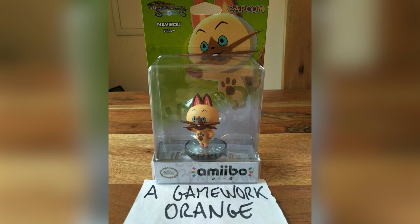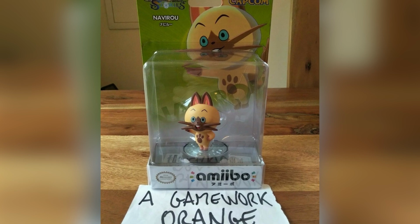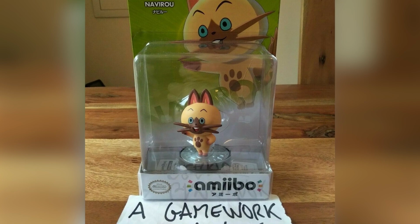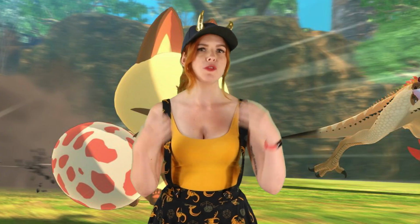Number 8. Nabiru. The good news about Nabiru is that there are a lot of them out there when it comes to their Amiibo. The bad news is, if you're looking for one that is in factory sealed packaging, they're a bit more rare and therefore more expensive. Nabiru is an Amiibo from the Monster Hunter Stories collection. This Amiibo, if you wanted one today on eBay, packaged and at its most collectible, would cost you between $375